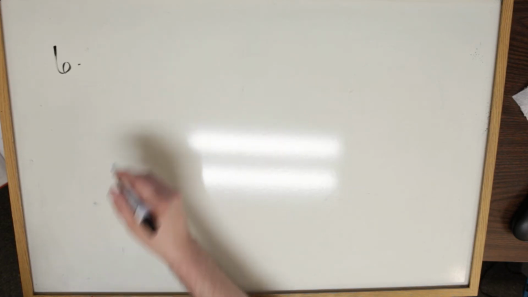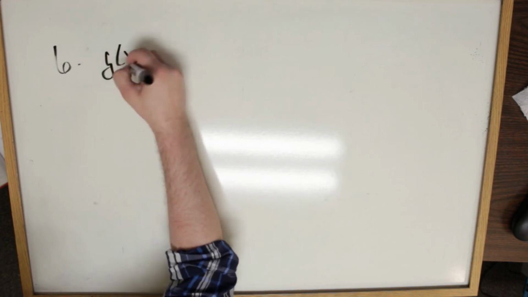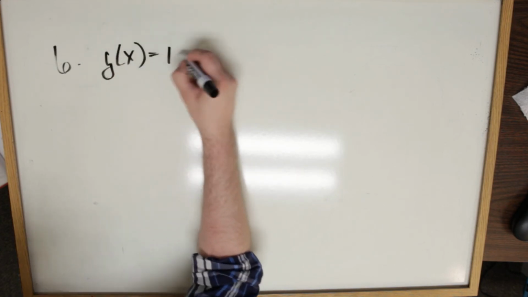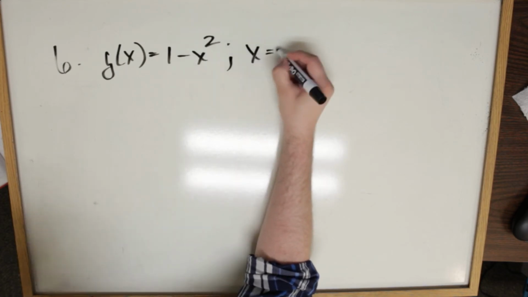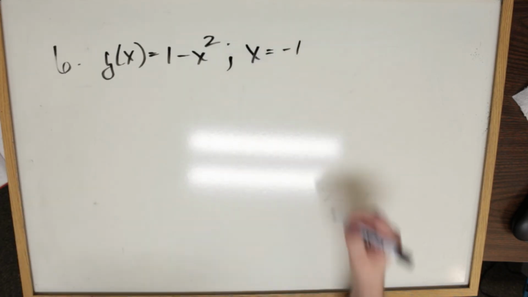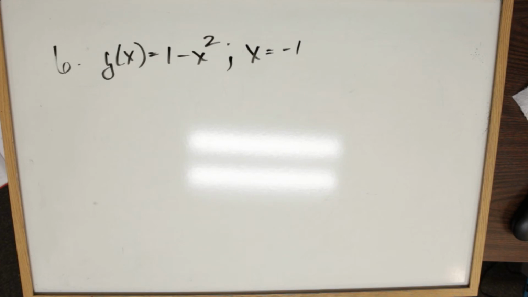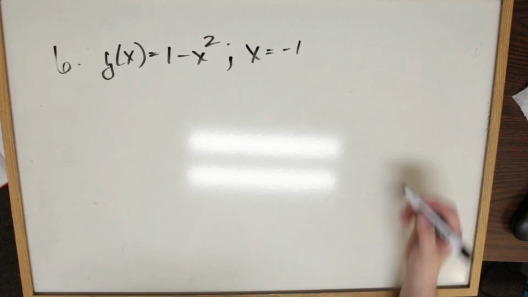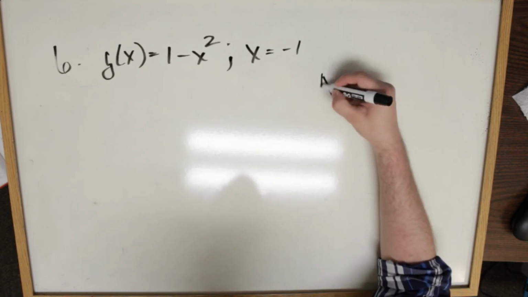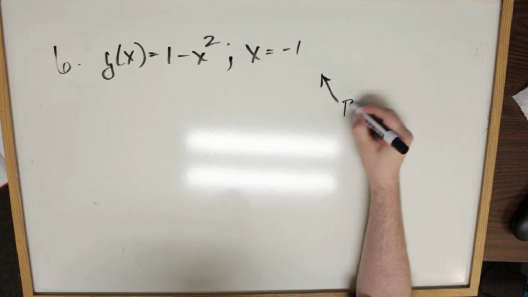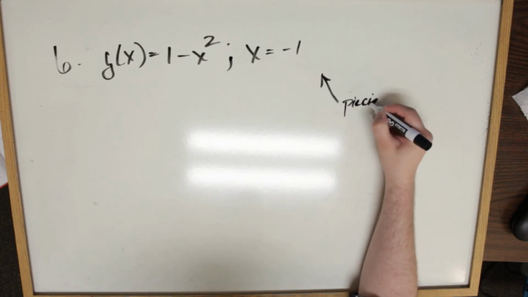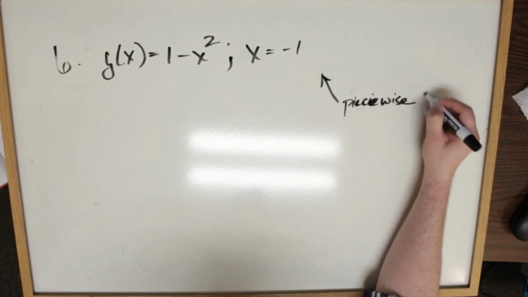So 6, we've got g of x is equal to 1 minus x squared. X is equal to minus 1. I will give you a hint on this specific question. The thing that you need to keep in mind is that functions that have really strange domain restrictions are going to be piecewise defined functions,